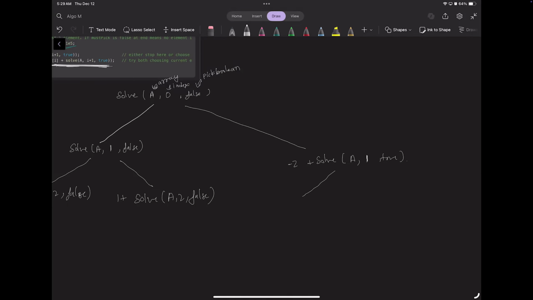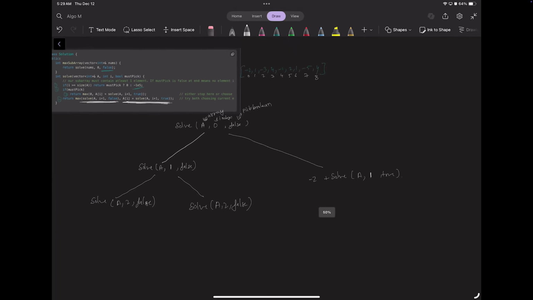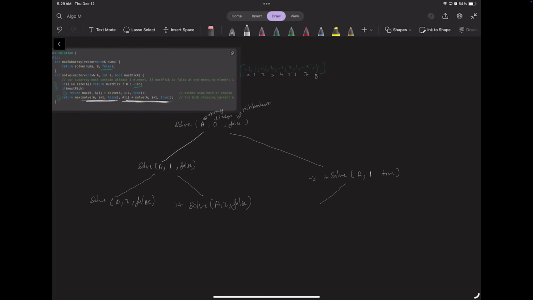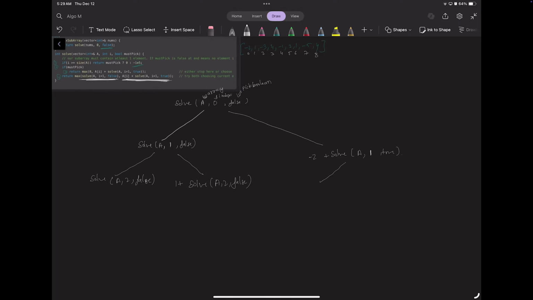So the left side, we are not going to pick the element, that is solve a comma 2 comma, and this one is going to be true, sorry for that, a comma 2 comma false,